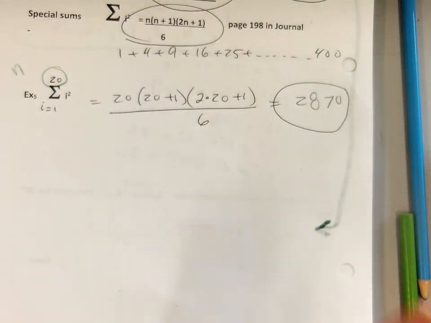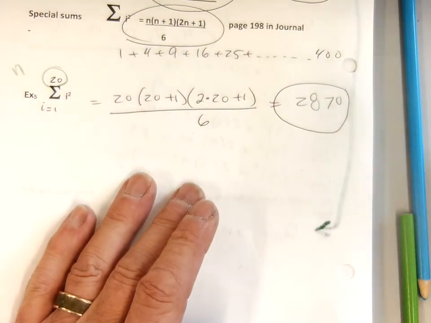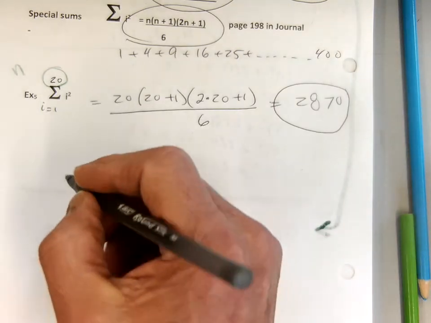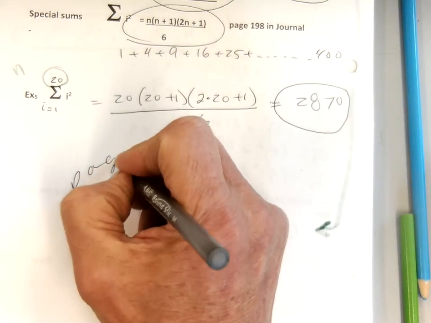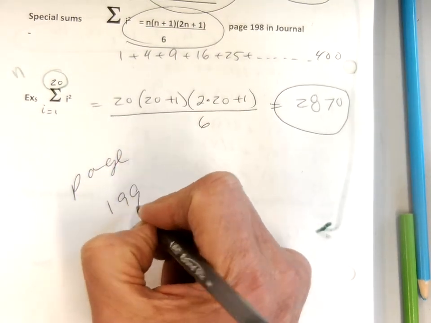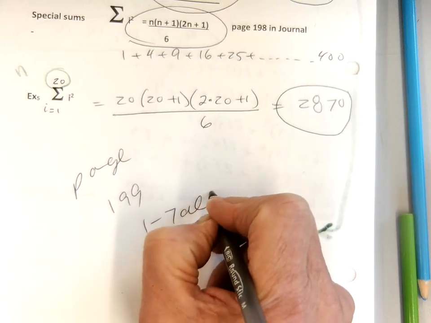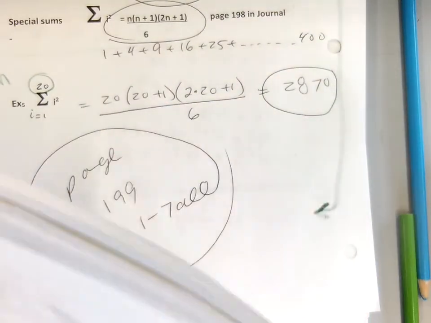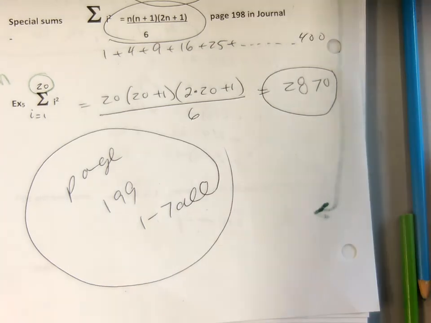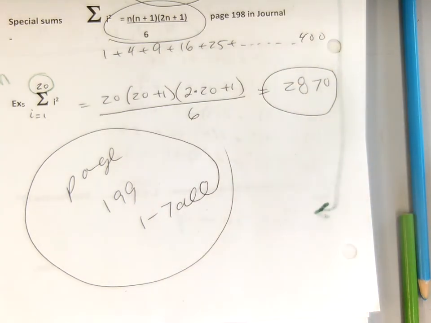So, homework. And I want you to do the homework for towers. I want you to do page 199. There's only 7 problems. We're going to do 1 through 7 all, okay? So let's get our book out and let's do this. I think you guys will find this chapter is not too bad. As long as you